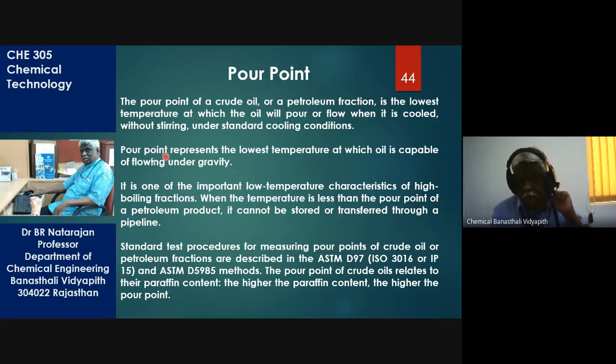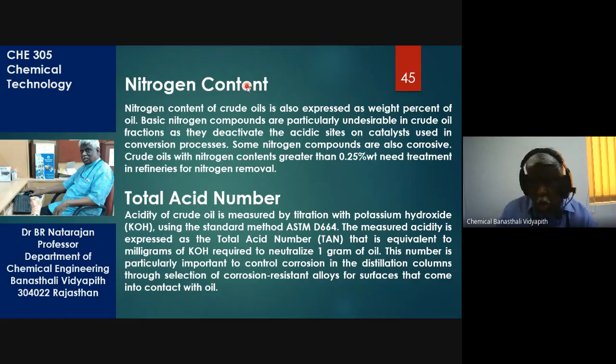So pour point is actually measured at the lowest temperature at which the oil will flow under gravity, without any pumping. So pour point is a very important parameter. This is determined by this ASTM test method. And then you have nitrogen content, how much nitrogen is present in the crude, because it will affect the refining